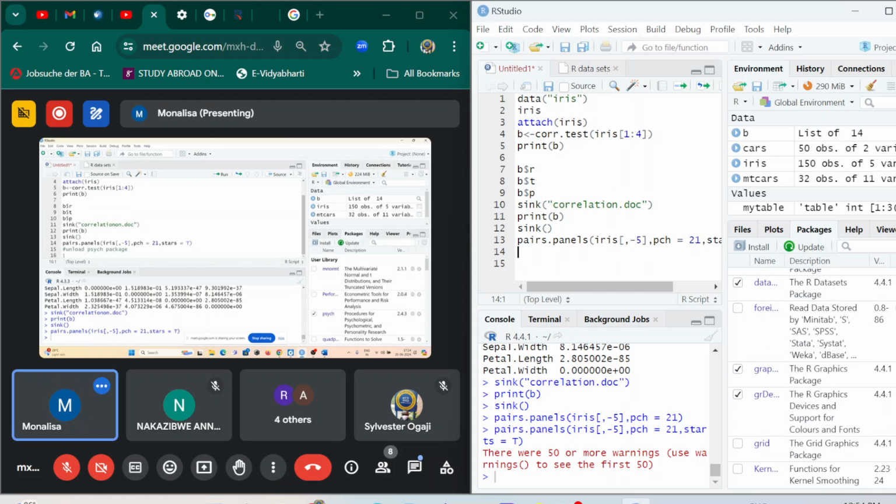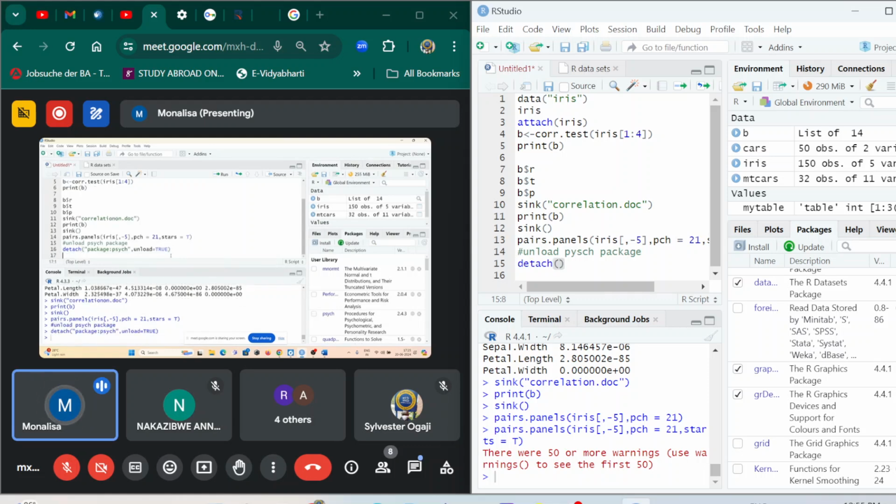We have to write the command as detach, within bracket, within double quotes, package colon, then which package you want to detach, that is the Psych package here, then comma, unload equal TRUE. Okay, just press control enter. Okay, so when you click on control enter, you can see that it is written that the Psych package is detached. Now, how we can see